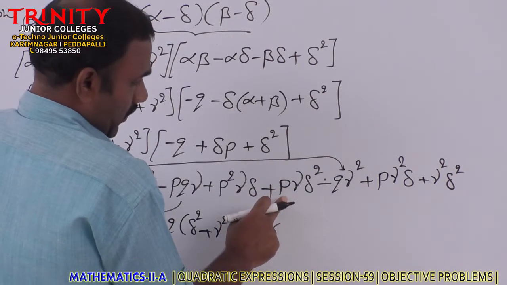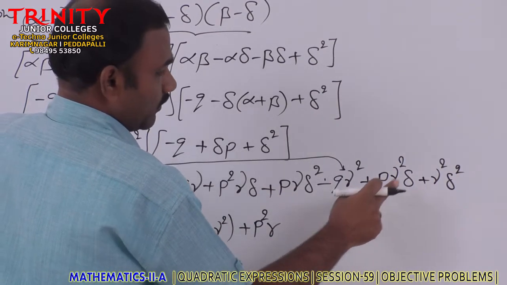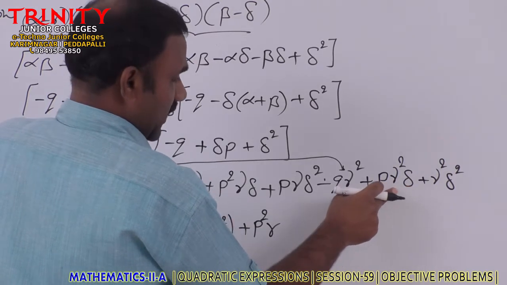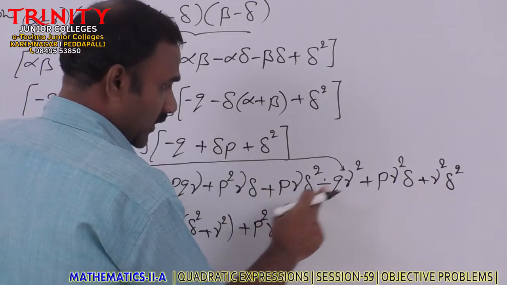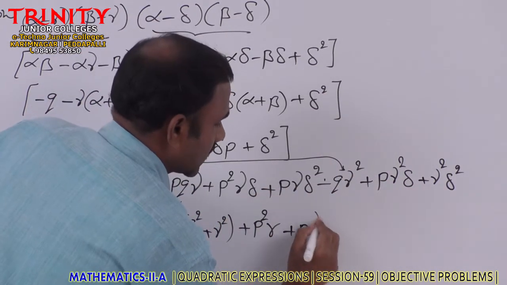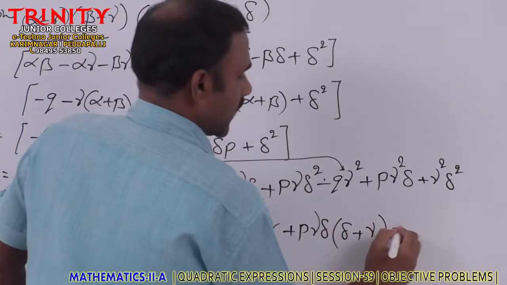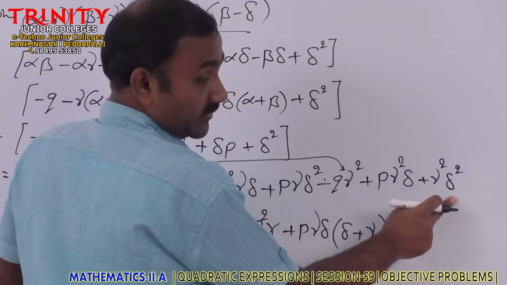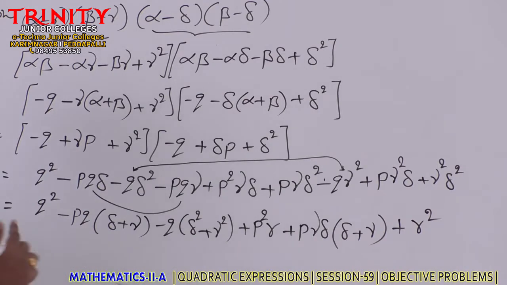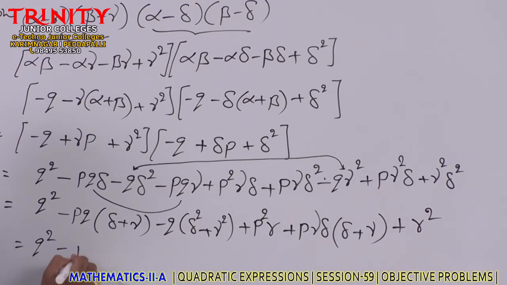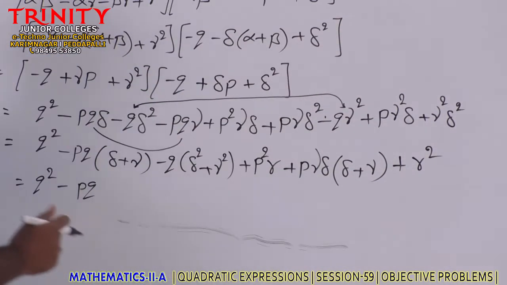Then p into gamma delta square, p into delta gamma square. P as common, gamma delta square, delta gamma square; we can take gamma delta common, here delta, here gamma, plus this is gamma delta whole square. Gamma delta value we have r square. Q square minus pq into gamma plus delta value minus p,